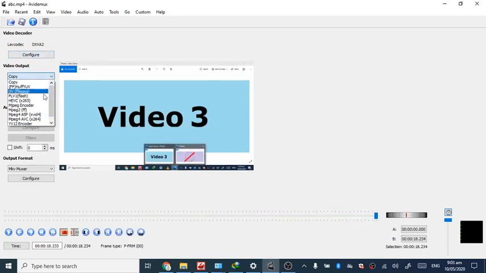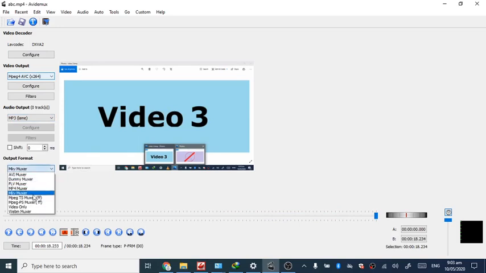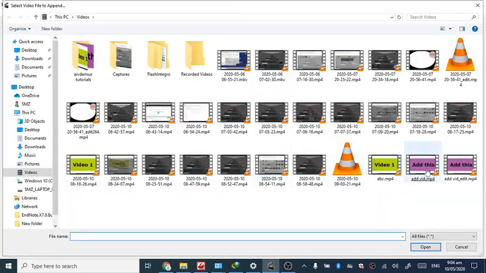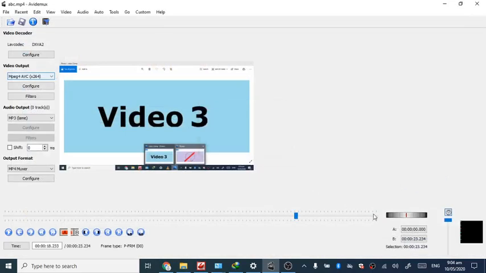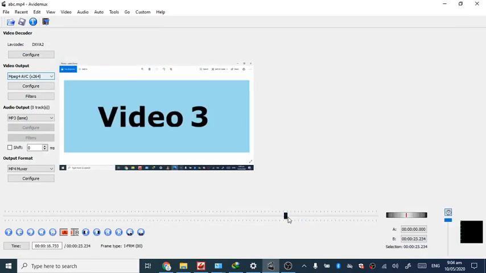Then, in that case, you have to select the correct codecs and select correct output, and from file menu you can append a file to the track you are working with.